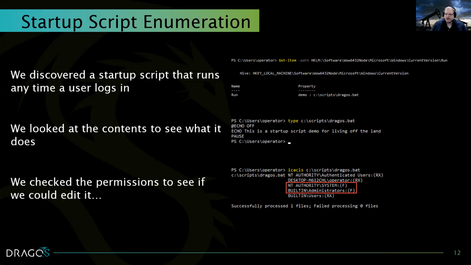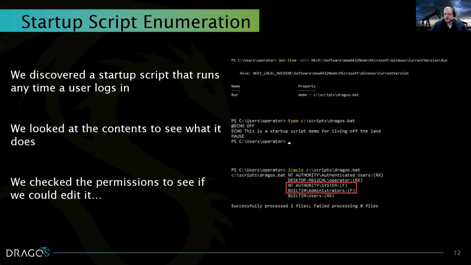Once we see the startup script, we look at the permissions on the script with icacls to see who has permissions to either modify it, make changes, etc. In this case, only the NT AUTHORITY\SYSTEM of the machine itself and administrators on the machine have full access to the script. So, wondering whether this operator user we have a PowerShell prompt on is inadvertently added